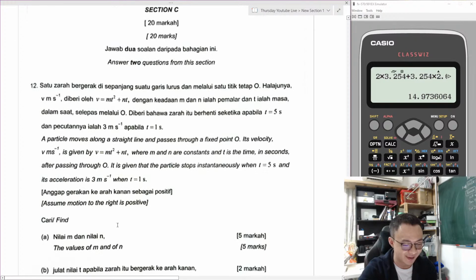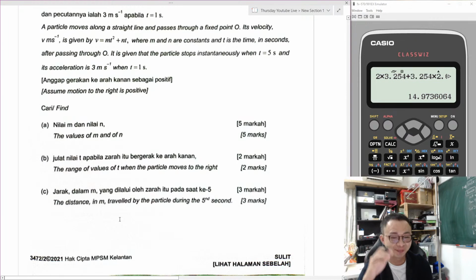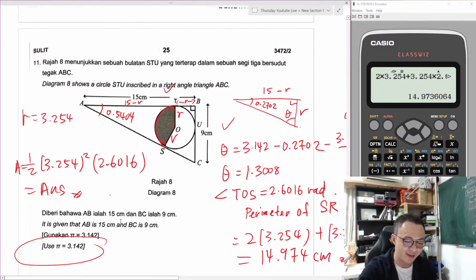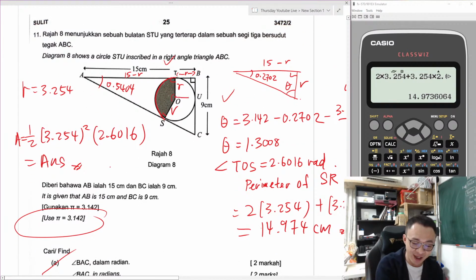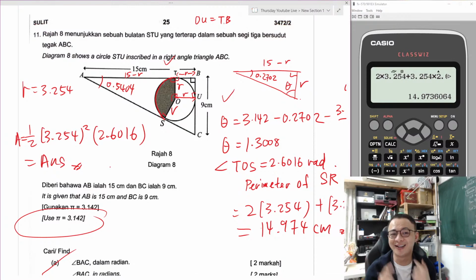Thanks to Cray for helping out. Alright, kinematics. Okay, so here, sir, can I ask why the TB is R? Why the TB is R? Okay, because they are 90 degrees, right? Because here is R, isn't it? From O to U, is it R? Because O to U also is 90, 90, 90, right? So I know O to U is definitely the same length as T to B. So this is the reason why T to B will be R. Okay, so I hope I answer your question.